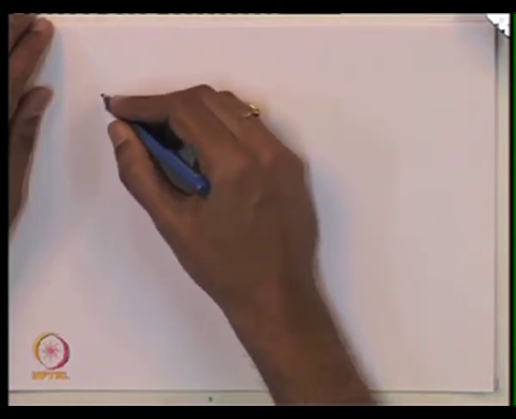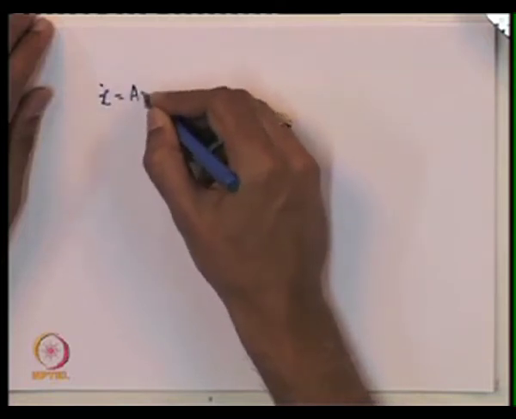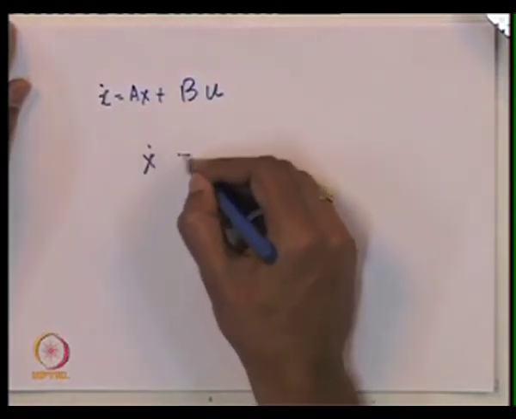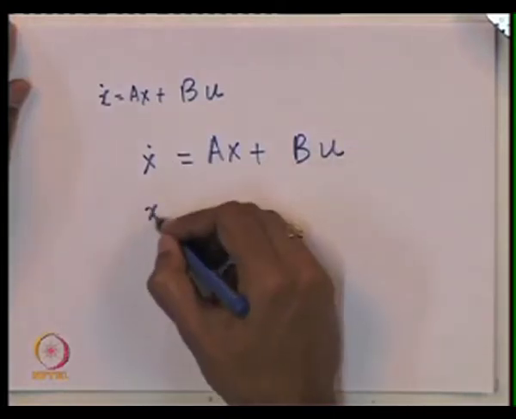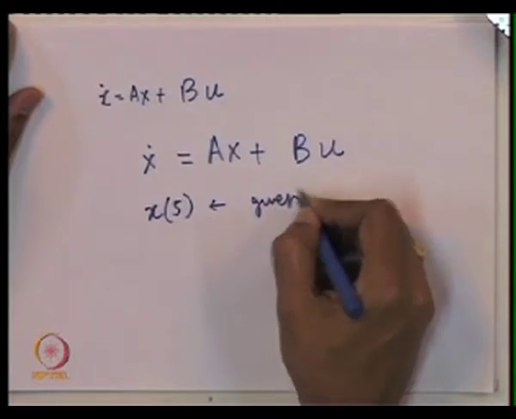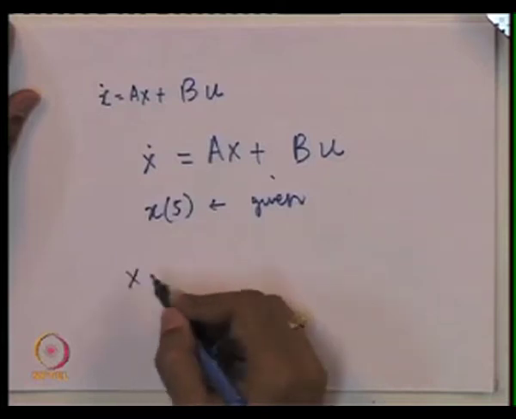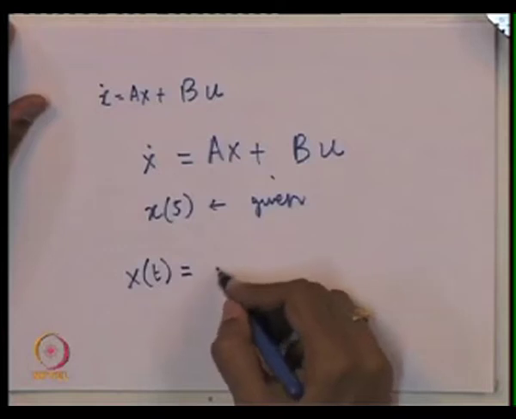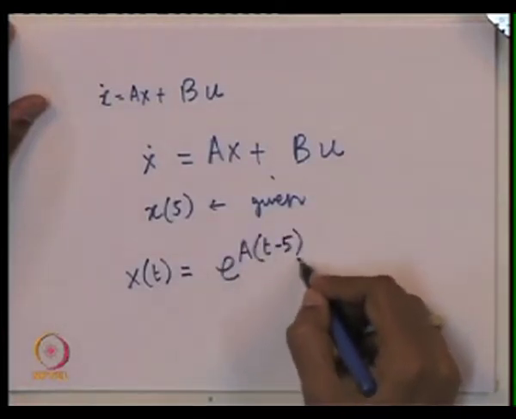to express x dot is equal to Ax plus Bu, I will just write this again slightly larger, and you have got the value of x at 5 seconds given. In that case, x of t after 5 seconds can be written as e raised to A into (t minus 5) into x of 5,